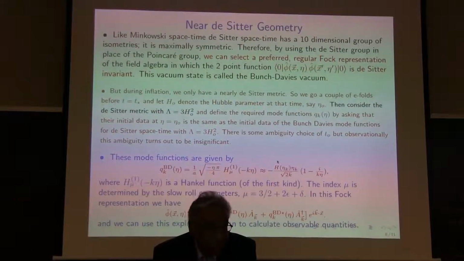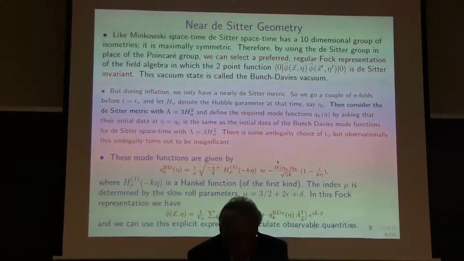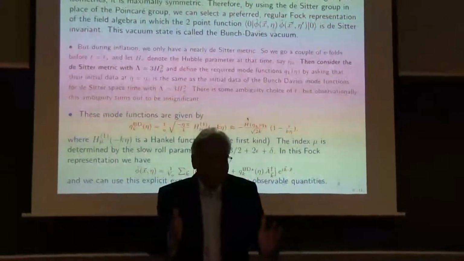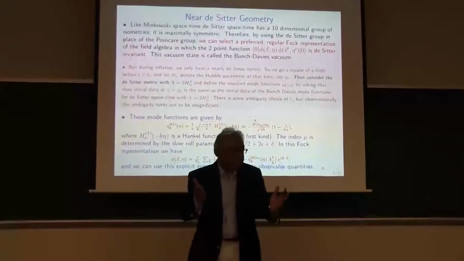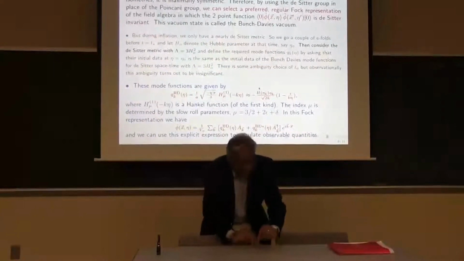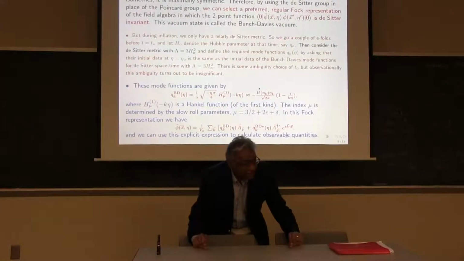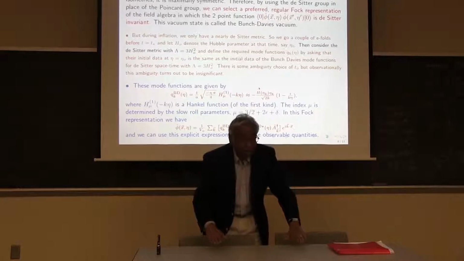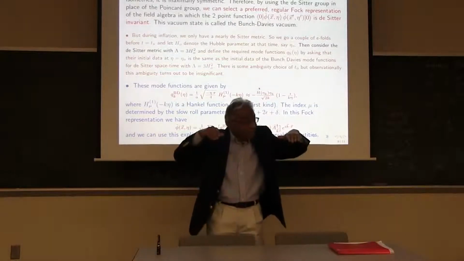Okay, it's okay. So the statement is that there's a nearly exponential expansion. So in time, it doesn't look exactly exponential. But I just look at a little segment. I go early enough and look at a little segment. Then it will look nearly exponential there. And then I just use the value of the Hubble parameter there and construct the Bunch-Davies vacuum tailored to that instant of time. This would not be a Bunch-Davies vacuum at a little later instant of time because the Hubble